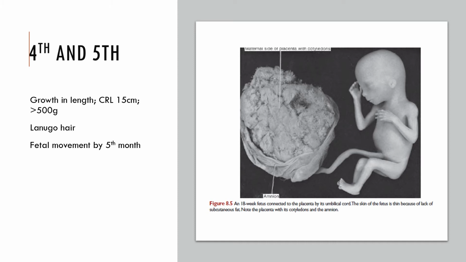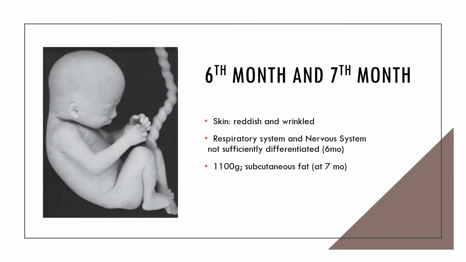And during the second half of intrauterine life, the weight would increase considerably, especially during the last 2 months. There is not much connective tissue under the skin. That's why at 6 months and 7 months, the fetus would appear reddish and wrinkled in appearance. And if the fetus is born very early during the 6 months, its chances of surviving would be slim because